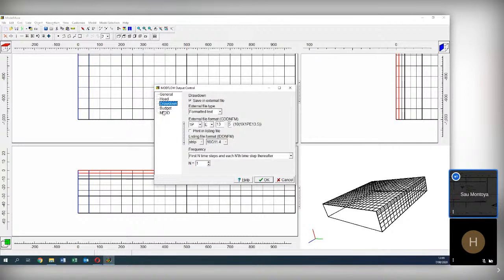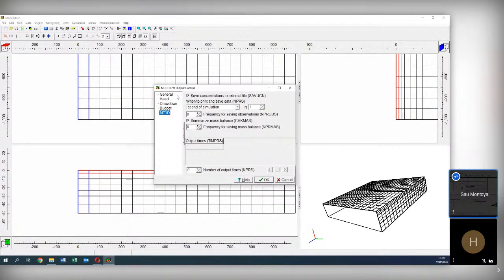And then on MT3D, you also define the output of the transport model. Well, I think that we have reached the end of this second